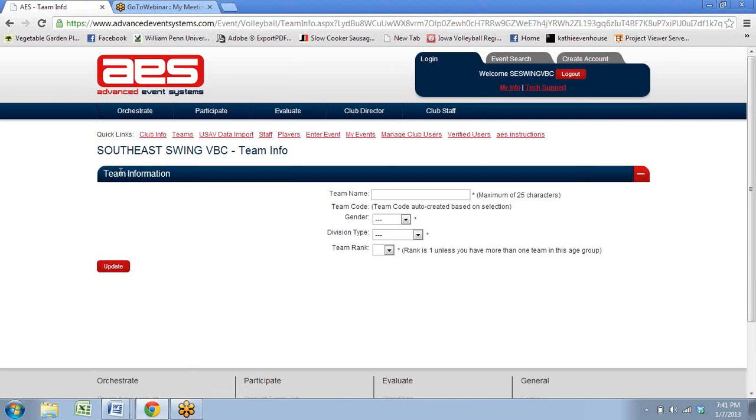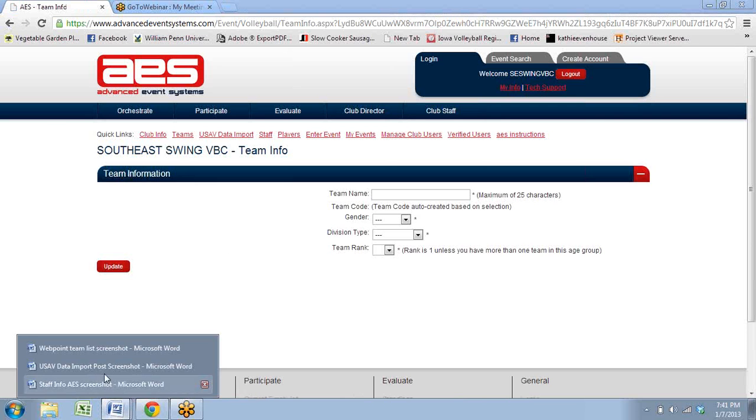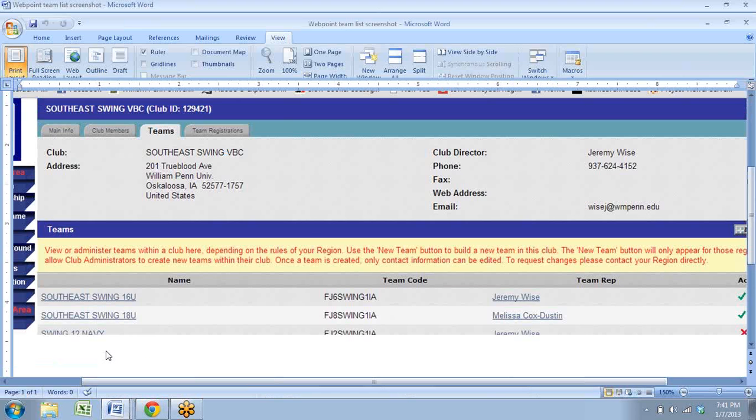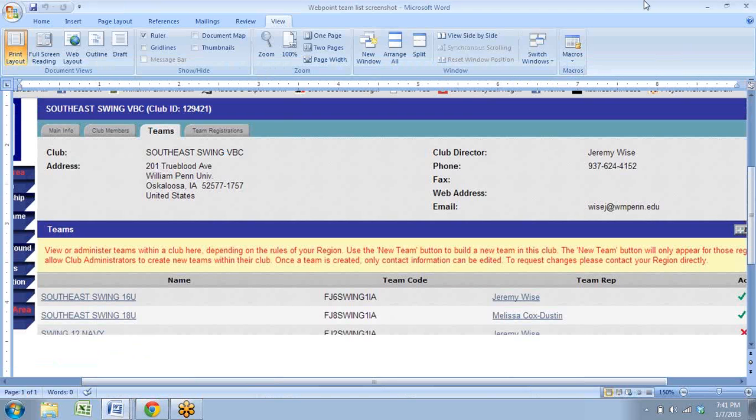Now when you're putting your teams in on AES, you want to make sure you use your official team name from WebPoint. WebPoint is the membership system that you would log into to create a membership, renew your USAV membership, and club directors use WebPoint to build their rosters for USA Volleyball events. When you go in, if you click log in,